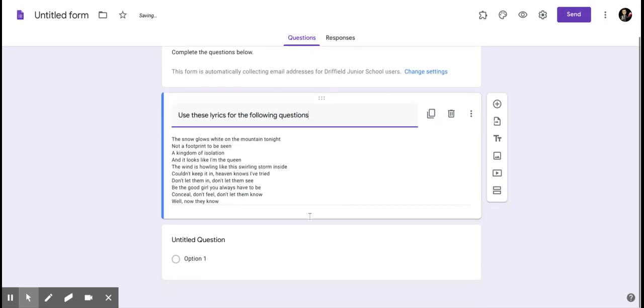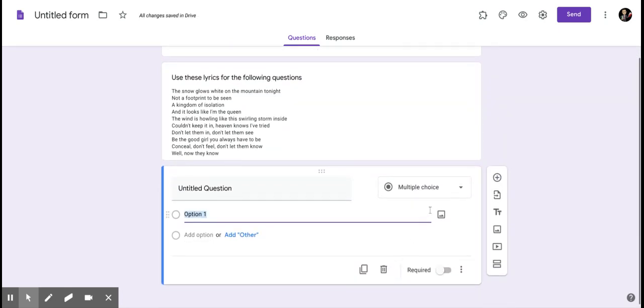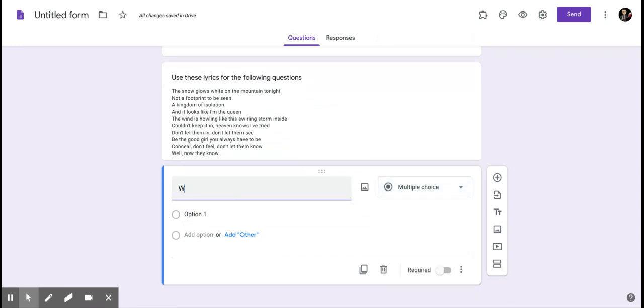Okay, so my first question I'm going to have as a multiple choice question, and I'll keep it really simple as an early starter question. What glows white on the mountain tonight? Keep it really, really simple with that one. Now I'm going to put in